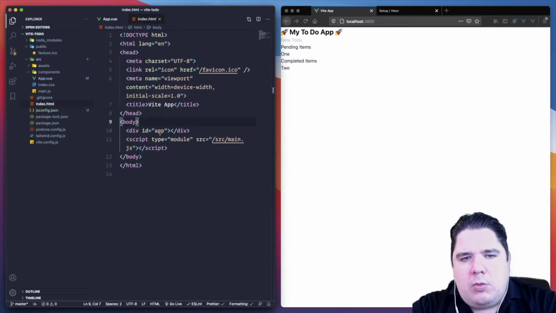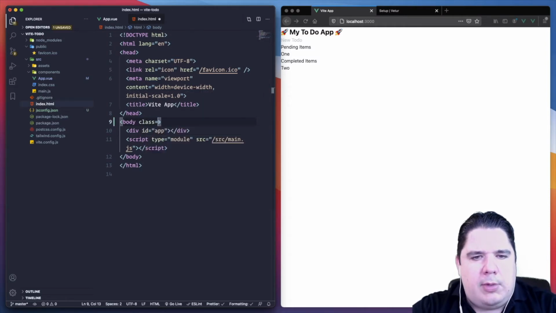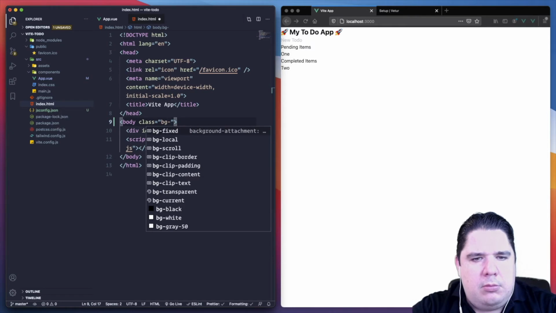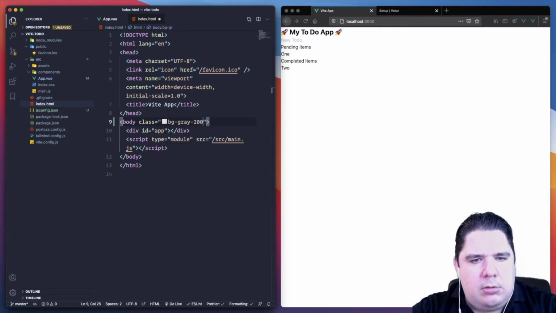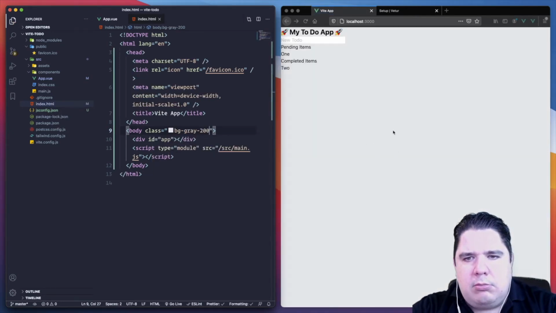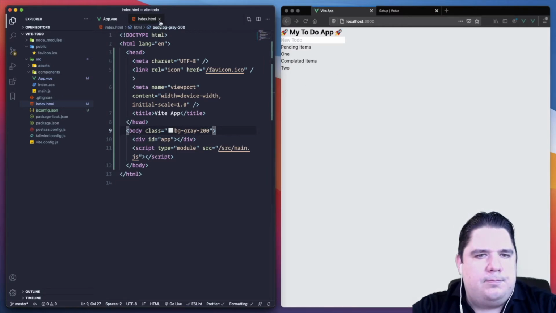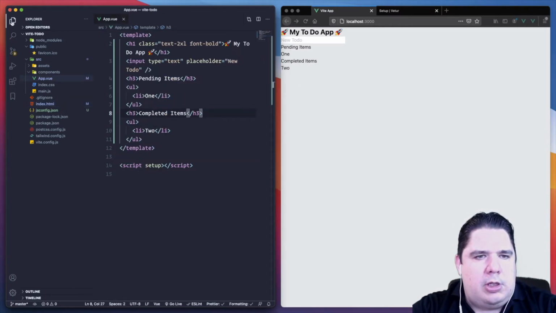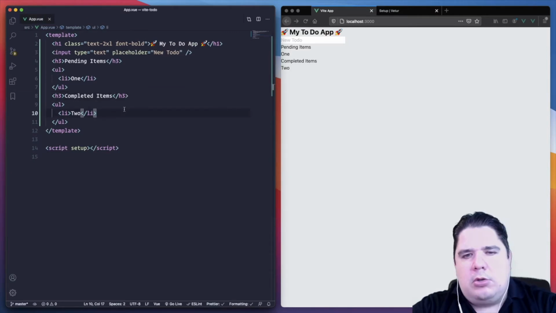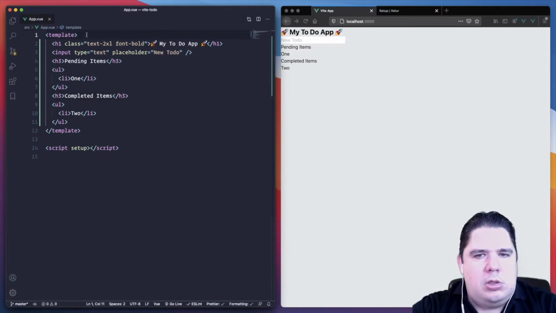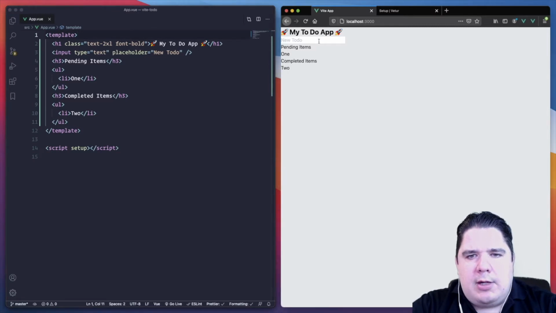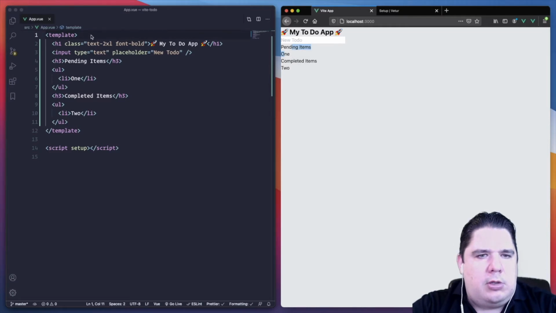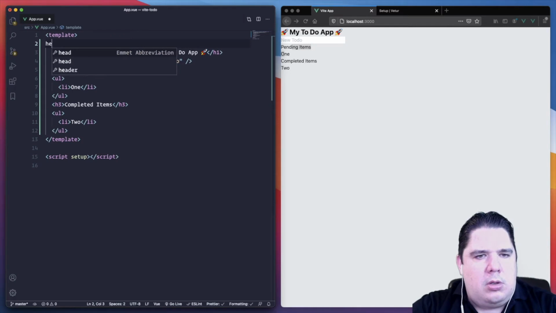So my body tag, where we know that the application will get injected. I like to implement background gray 200, so everything gets a little bit gray there. Perfect. And let me close this, and this. And now I can start working on those. So let me put those two as headers, and then let me group everything together, and every list together too. So let's create the header,